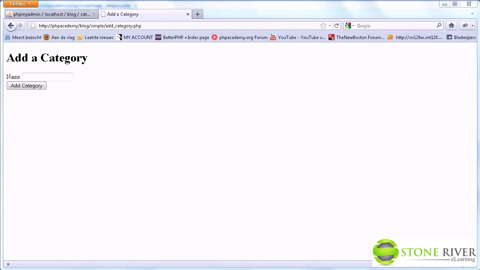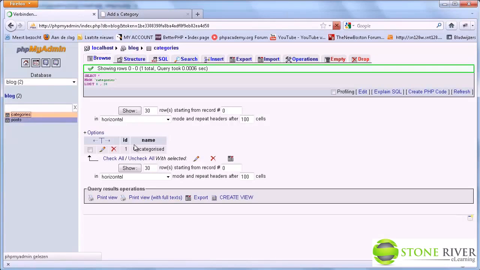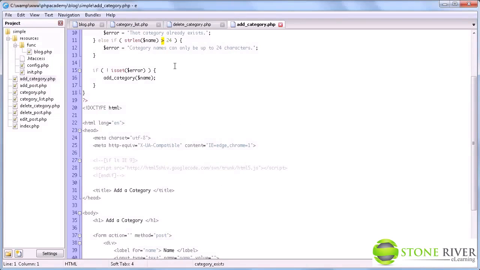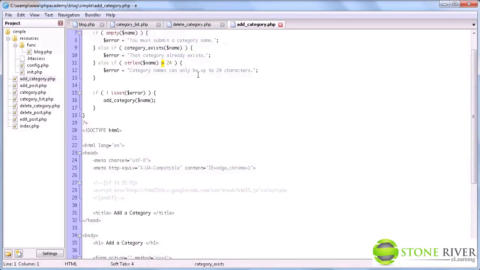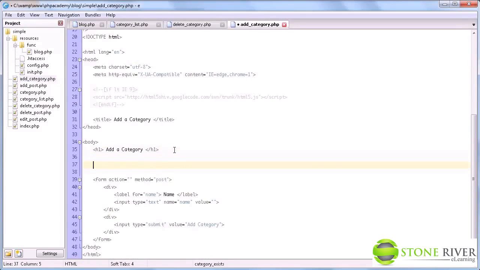Okay, there is one more thing we need to do for the add category.php page. As you now see, when we try to add uncategorized again, it does not actually get re-added to the categories table. However, we're not getting some sort of message. So we're going to go inside add category.php, and here we are going to say